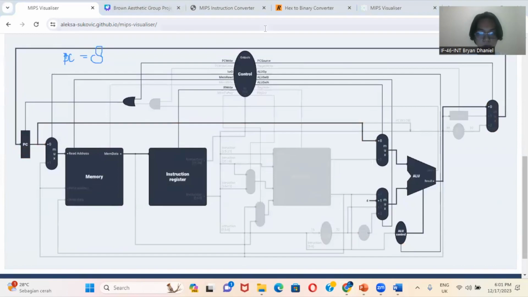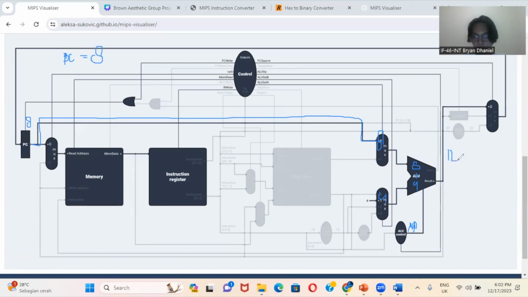So in this part, first we got 8 in this PC, and then this 8 and this 4 go to the addition, 8 plus 4. So if there is an ALU control here, it means we need to add.